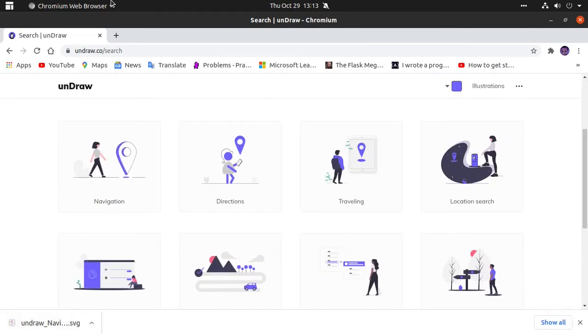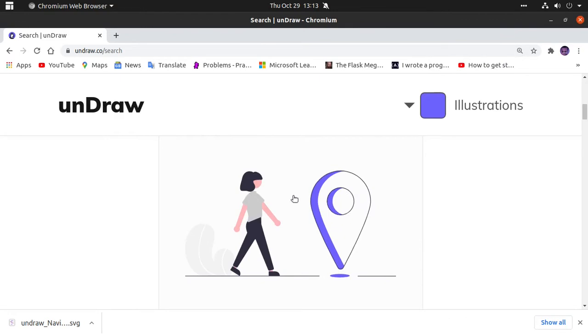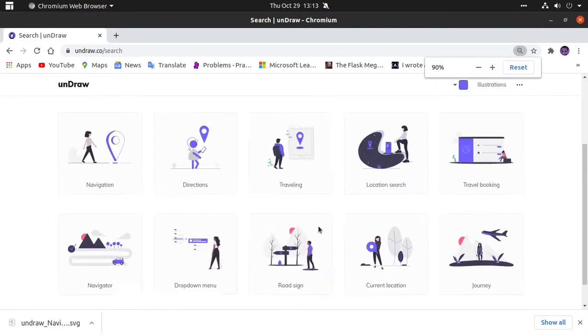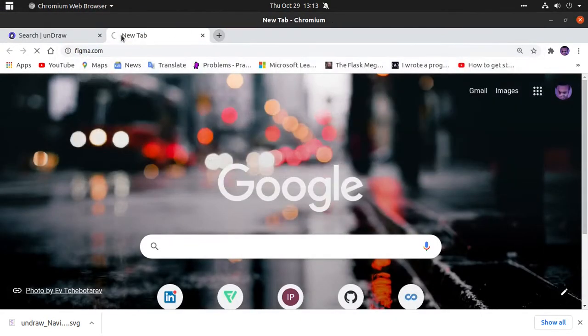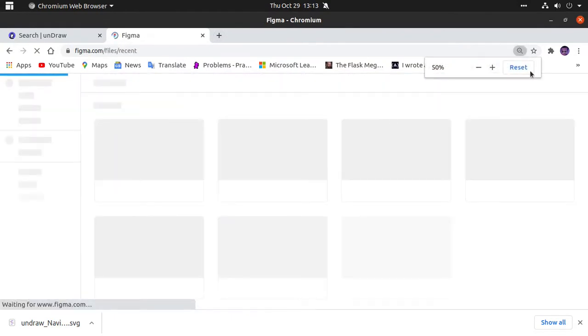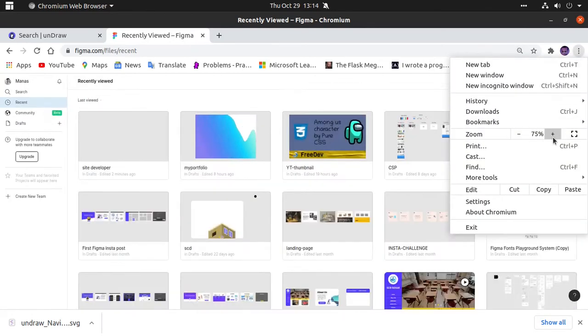You can't directly do the animation and put it in the code, because I want to animate every part differently. Like you can see, I want to animate this location part, just this one. That's simple. So I will use a website called Figma. It's a free website, and I have already made many projects with it.